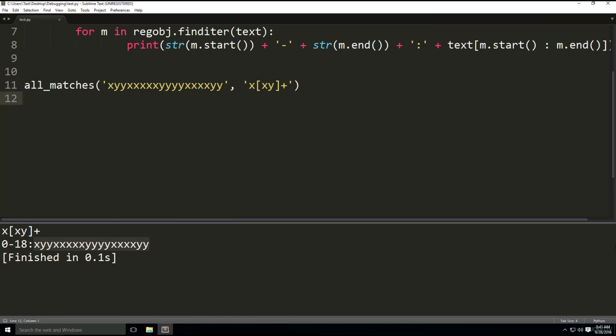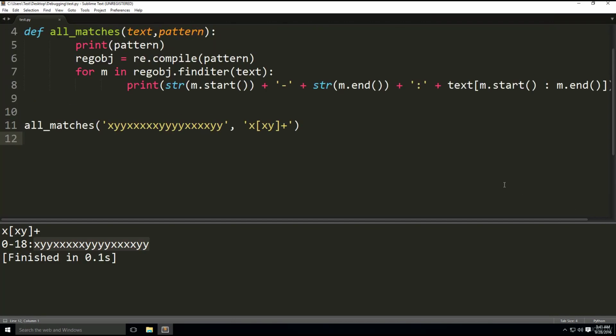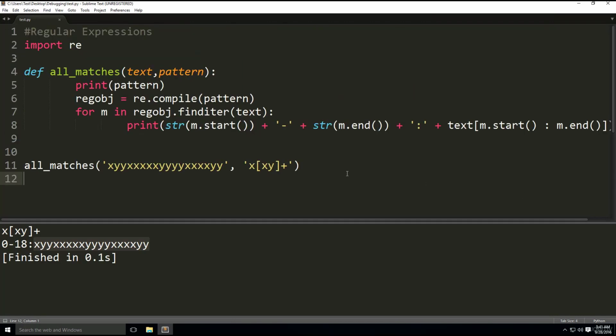Moving on, to turn off the appearance of certain characters, before defining these characters within the collection, it is necessary to state the caret character, this caret top right here. So let's do that with this example. We're going to do all matches now. Now we have a different example. Let's say quotes XX dot dot space dot dot YY, 3 Ys, 3 Xs dot dot space, end of the string,